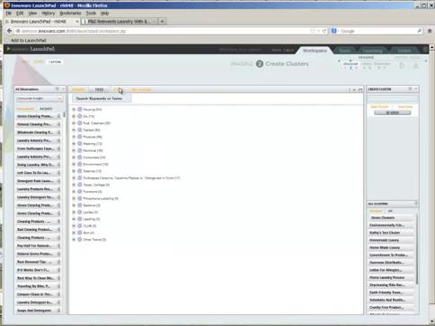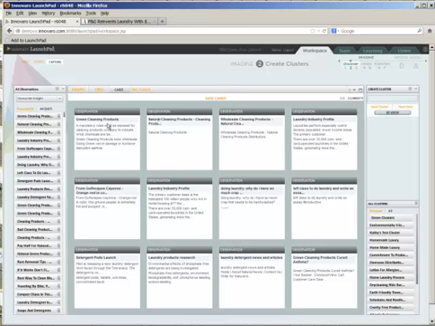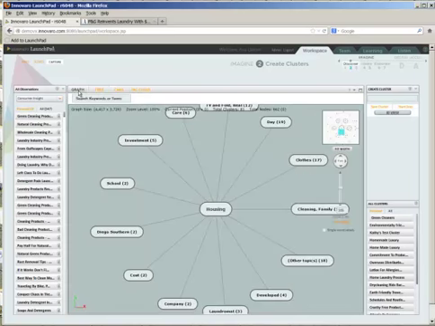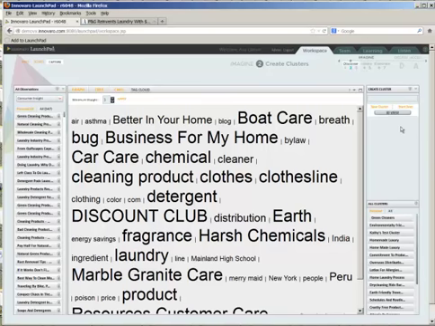And then the fourth view we talk about is card view. In card view, what we do is we actually take all the individual data pieces and put them on the cards according to the clusters that they're in. And then if you want, you can actually print those out and use them in a regular working session, on a table. But let's go back and take a look at graph view. As I said, these are the ones that the semantic engine has picked up. You can keep them or not keep them, and what you really do is you decide how you're going to cluster information over here. So you can create your own cluster.